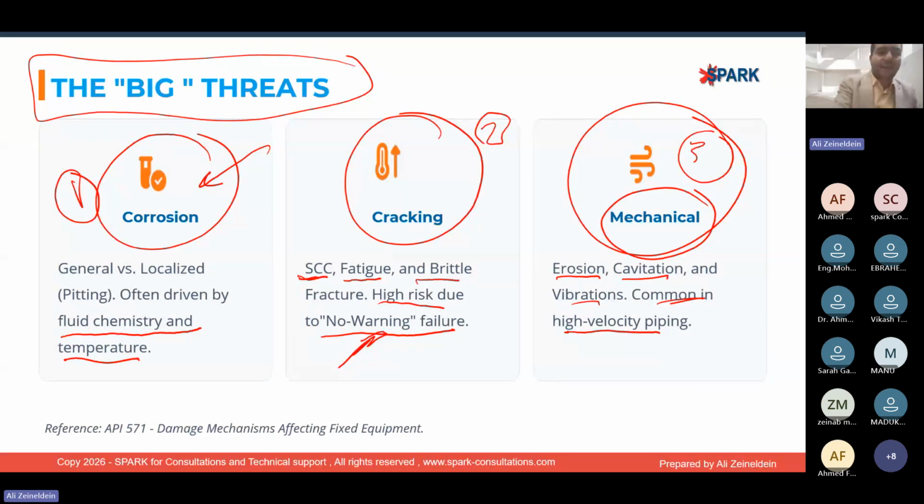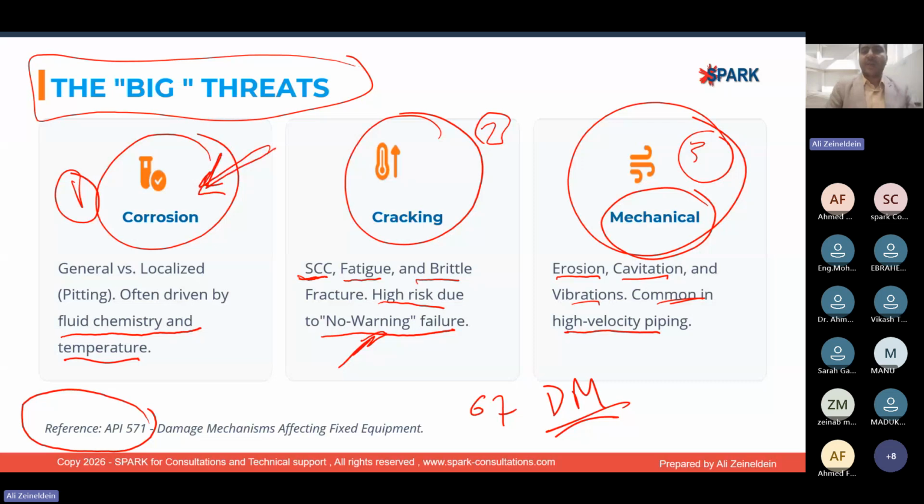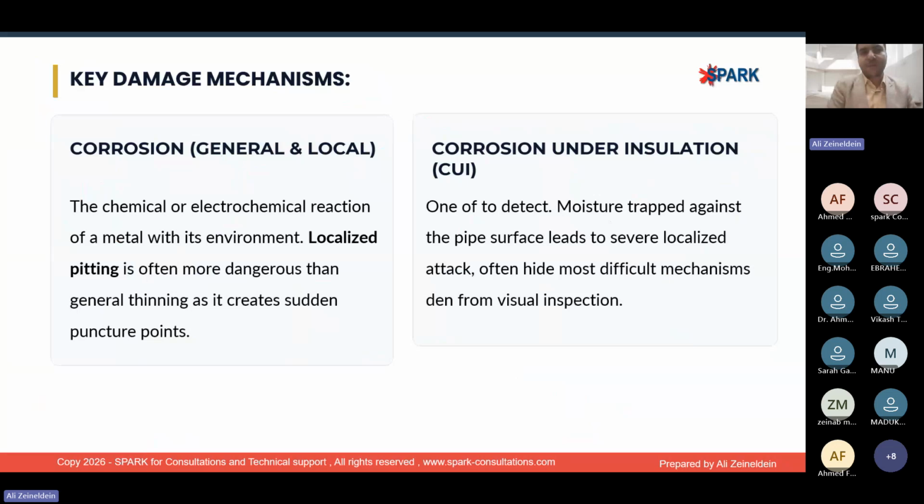We have our reference, API Recommended Practice 571, Damage Mechanisms Affecting Fixed Equipment. There are 67 damage mechanisms. Some of them are related to corrosion, some appear as cracking or are due to cracking, and some are related to mechanical action. The key damage mechanisms, as in the previous slides, here talking about the general ones, and if we are talking about the first